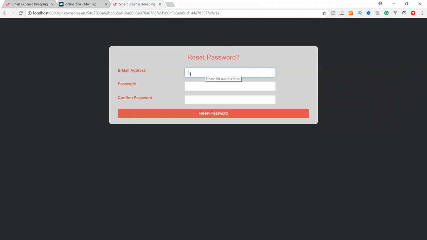So we can now change our password. We will give our email address, password, and confirm password. So our layout is fine and there is nothing wrong with the layout.